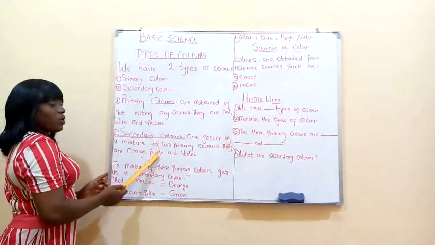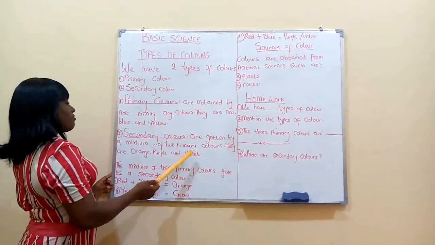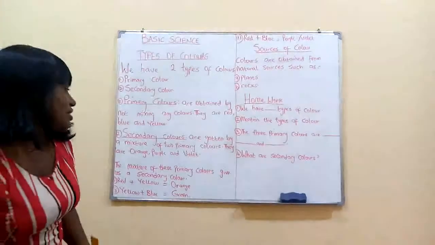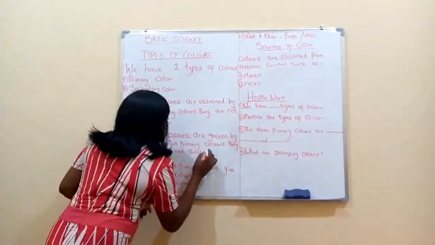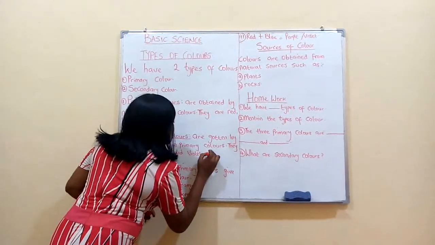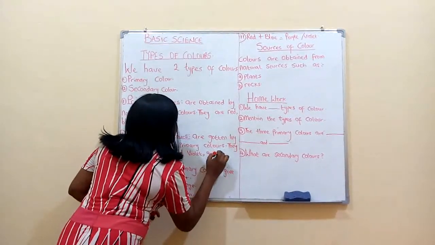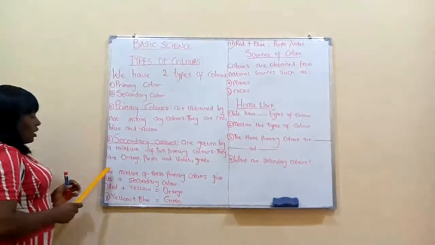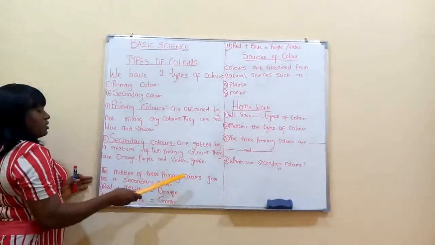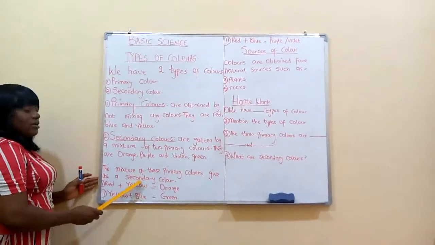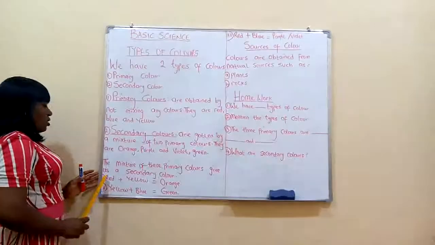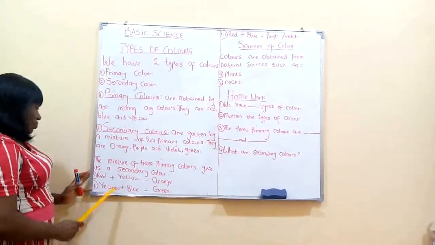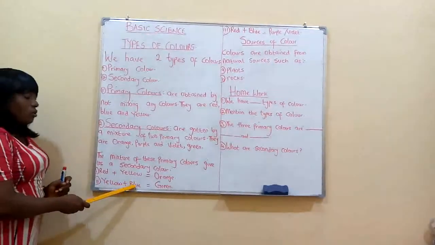orange, purple, and violet, and then we're supposed to have green. Yes, thank you, nice friend. We have green, and then we have our full stop. Thank you very much. The mixture of these primary colors gives us a secondary color. Red plus yellow gives us orange. Yellow plus blue gives us